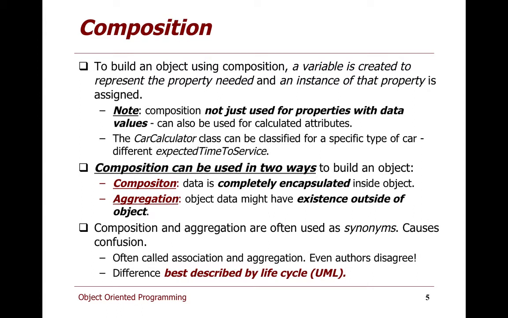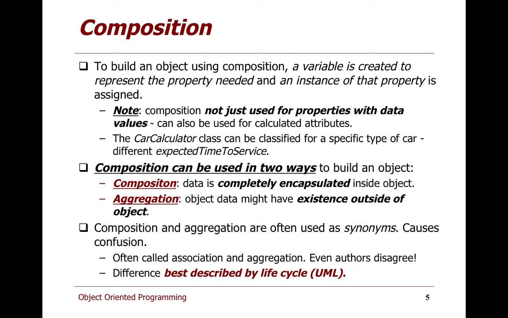In a full-blown composition, the classes that we're reusing are completely encapsulated inside a container object. This is full composition, and we have a special notation in UML for this. The weaker form of it is still at a class level, they're still defined as instance variables, they're defined in exactly the same way. The object might have an existence outside of the container object, and we call this aggregation.